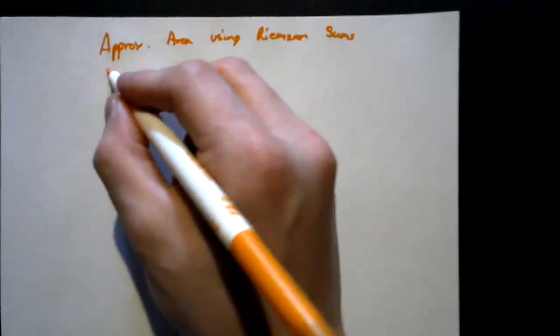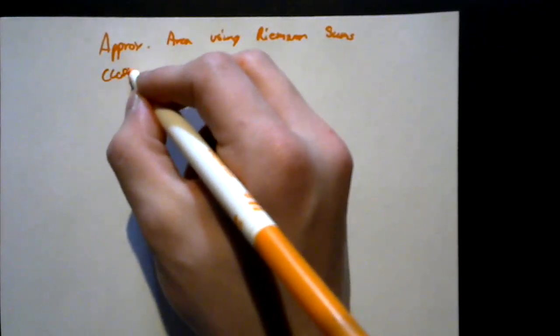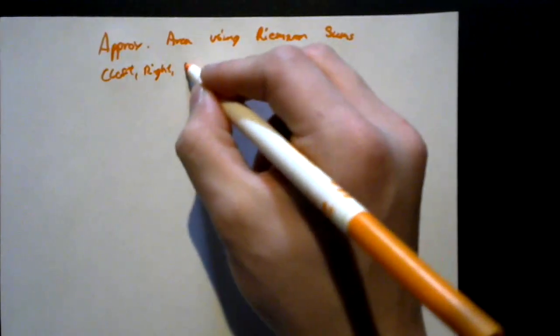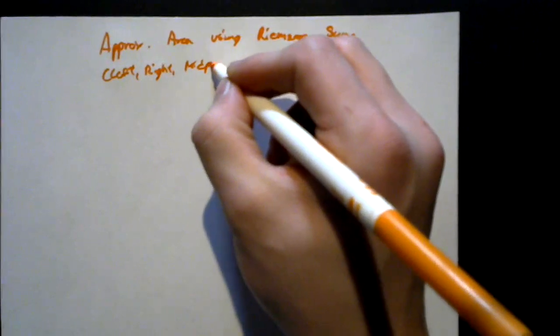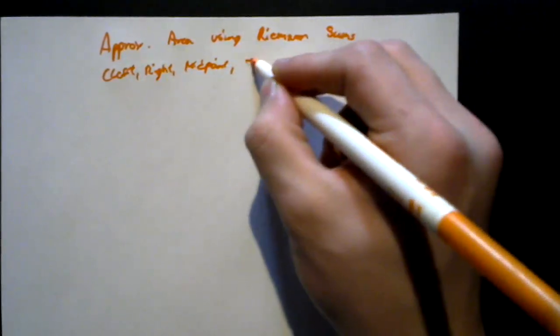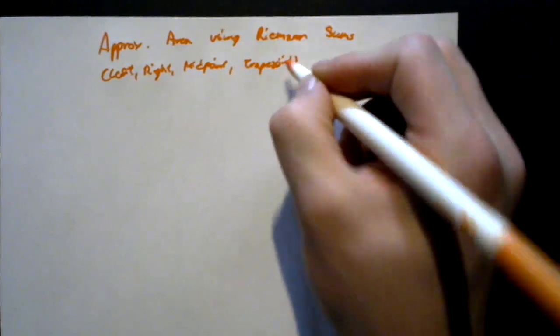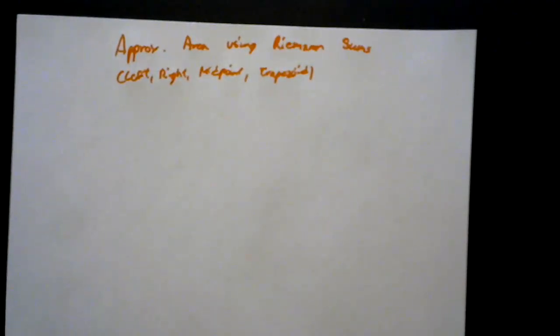And we're specifically going over left hand, right hand, midpoint, and trapezoid. That will most likely be on the AP test. So we'll start with our left hand